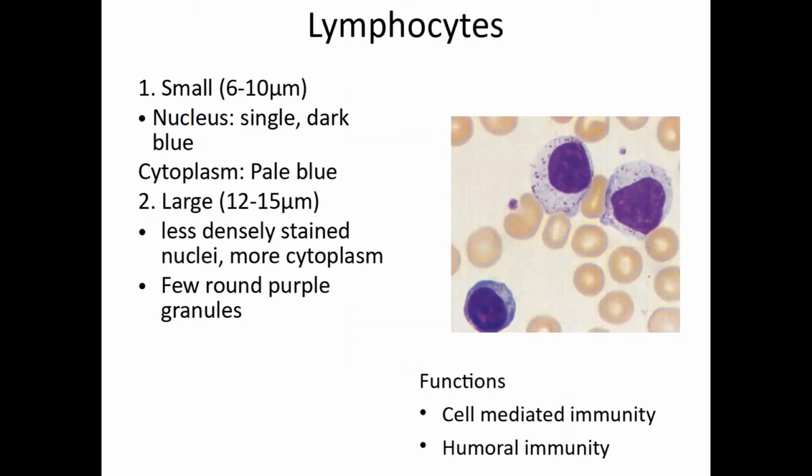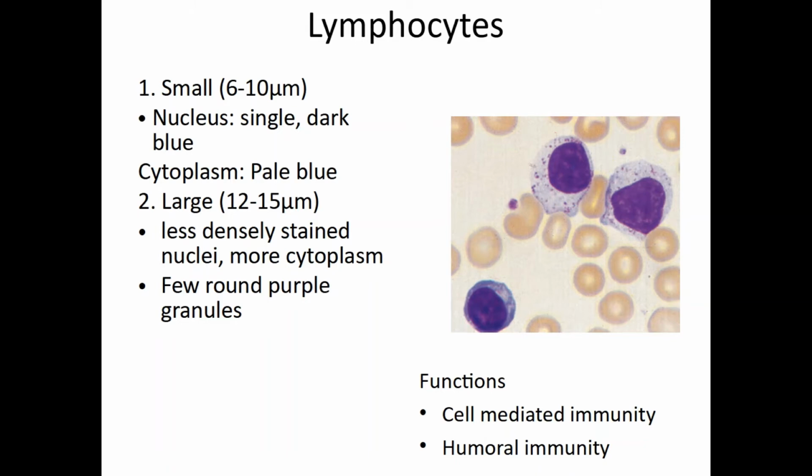Next, coming to lymphocytes. There are two types of lymphocytes. One is a small lymphocyte, the other is a large lymphocyte. Small lymphocyte, the specialty is that, if you remember, in peripheral smear we judge the size of RBCs based on the nucleus of a small lymphocyte. So those will be of same size. Nucleus will be single and it will not have any lobes. It will be dark bluish. Cytoplasm of a lymphocyte will be pale blue in color. Particularly in a small lymphocyte, the amount of cytoplasm is very less.